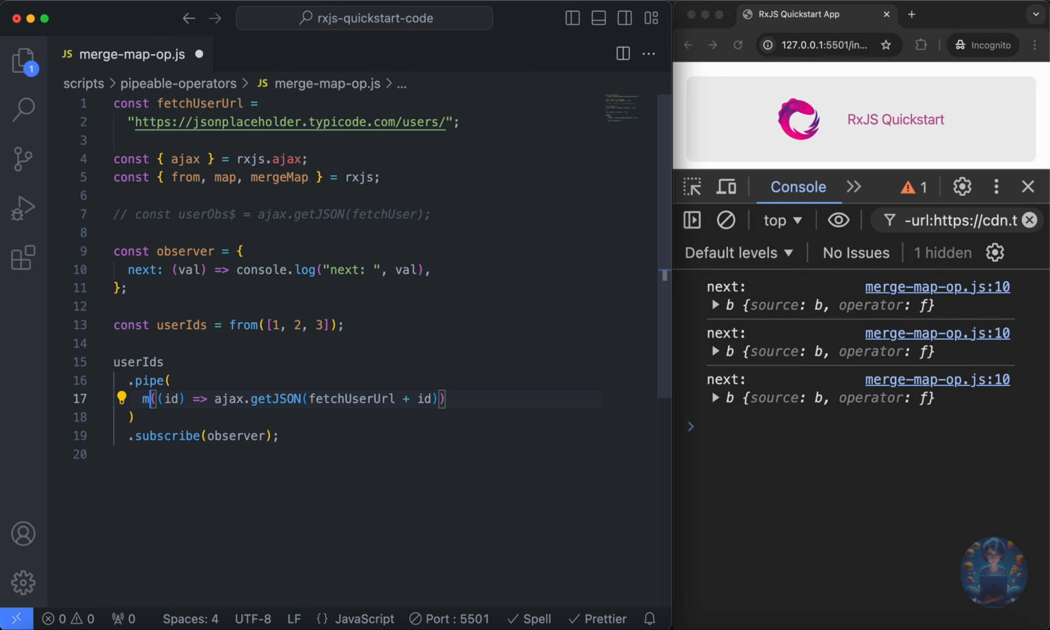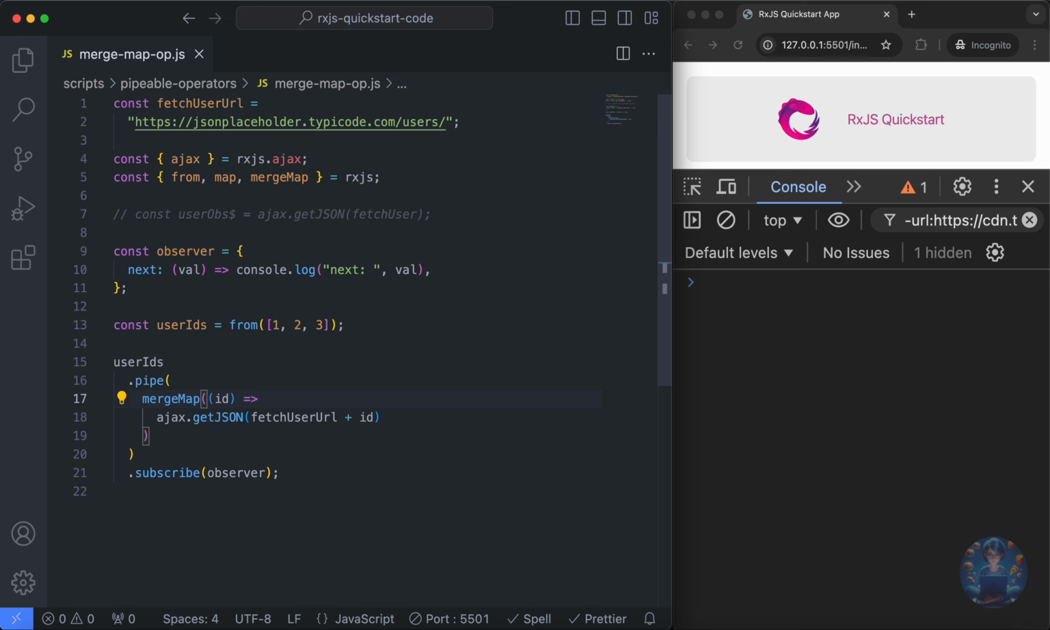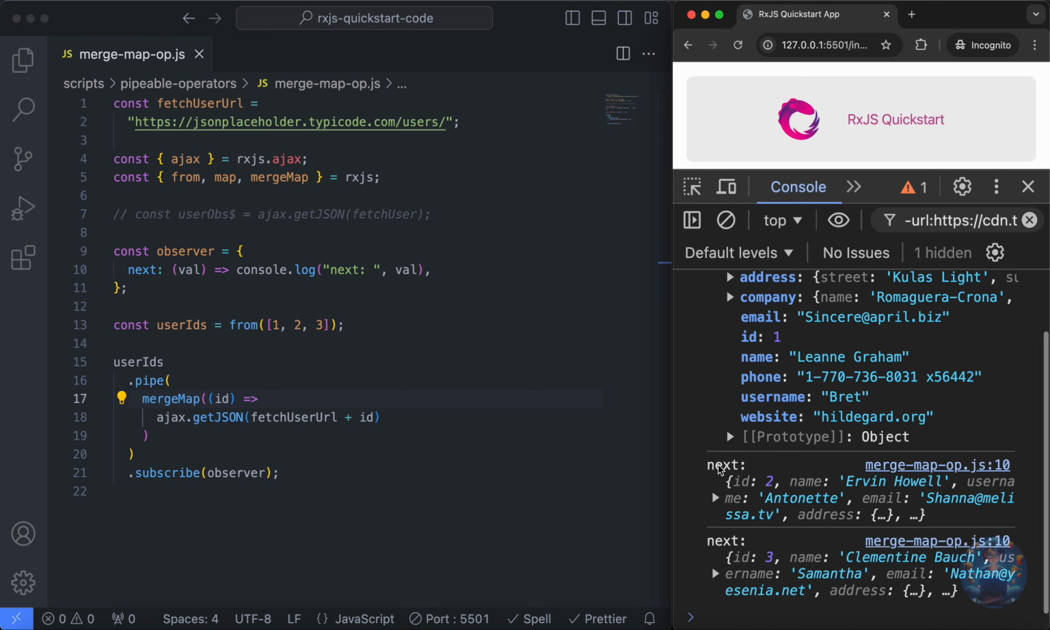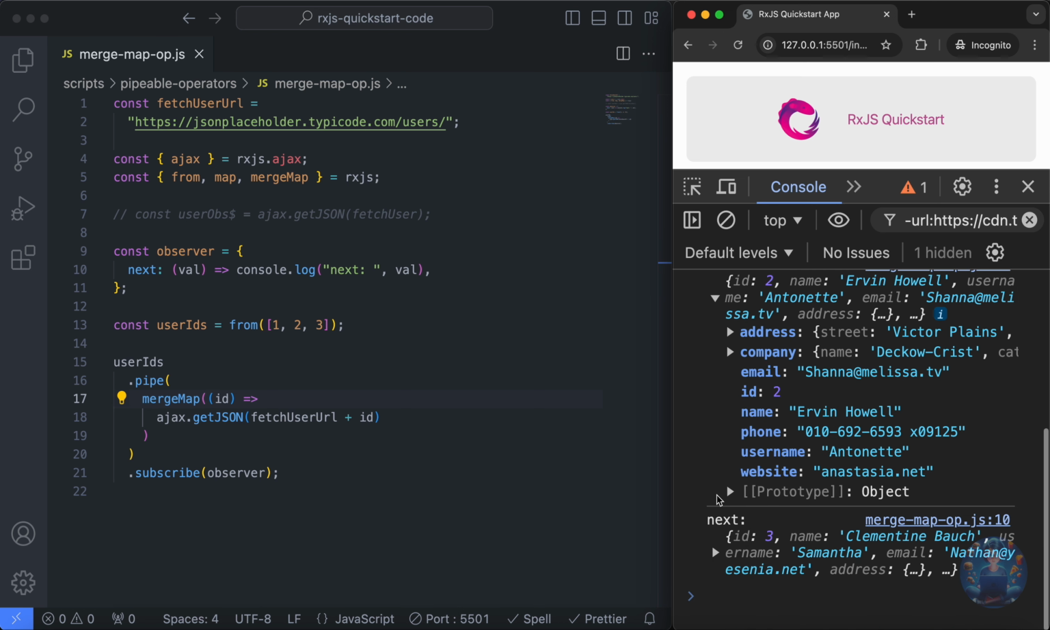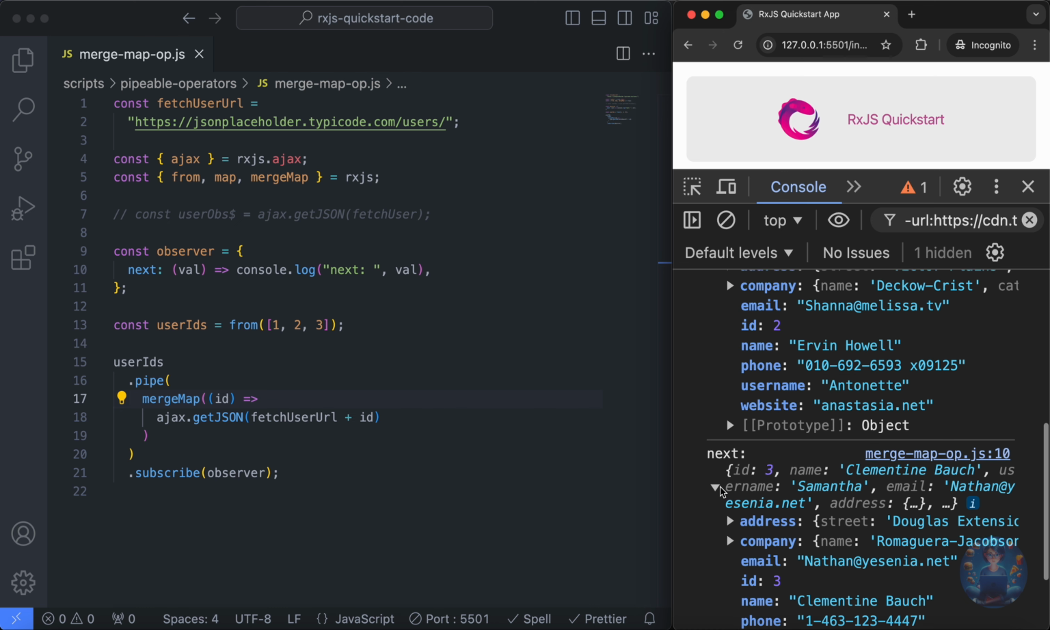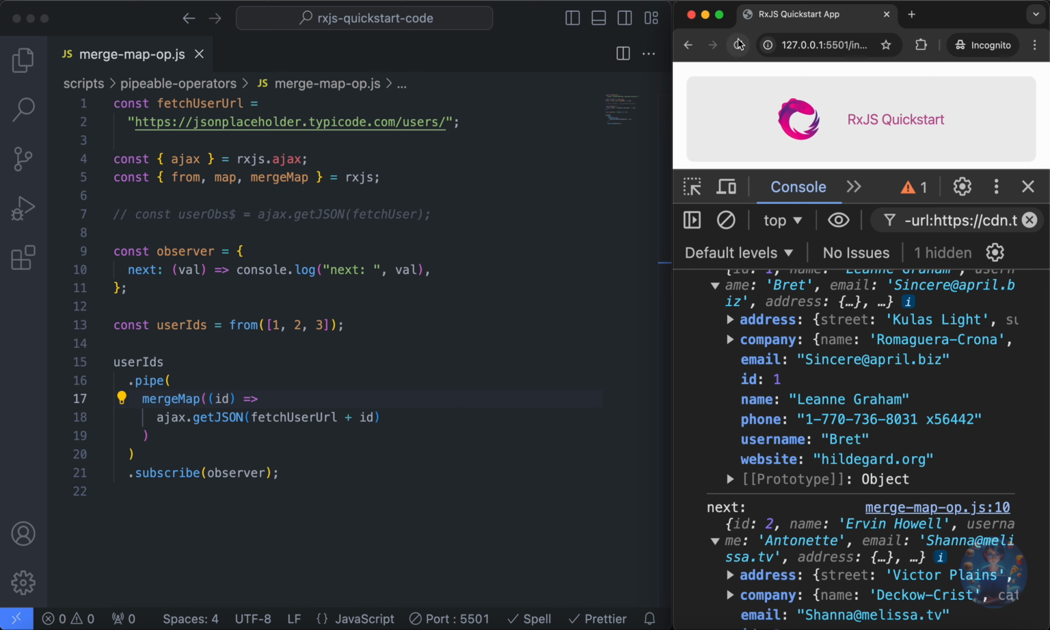And in here, we can replace map by mergeMap. Hit save. Awesome. As you can see, now we get the user information. Rather than getting the observable, we get the user information, which is what we want in here. Right? Now, if we do a refresh, okay,